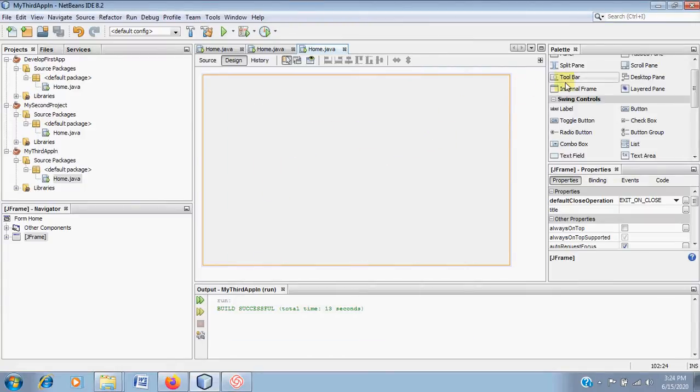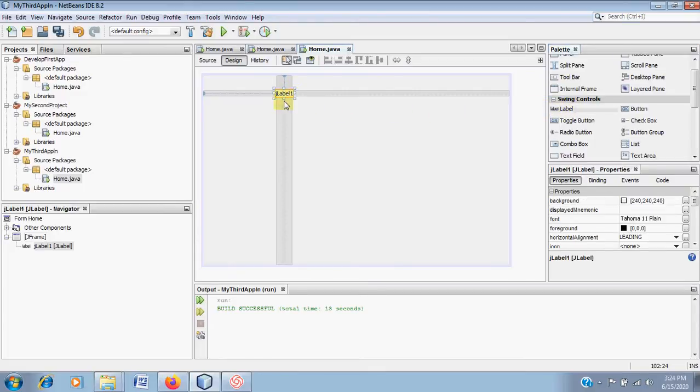Now what I am going to do is take a label box here, and usually when we do projects, app development, the first screen will have some label that's displayed here. So let's say I want to add something here, welcome to my Java Swing class. So right click and say edit text, and here I'm going to say welcome to the Java Swing GUI app developer demo. Okay, this is what I want to display.